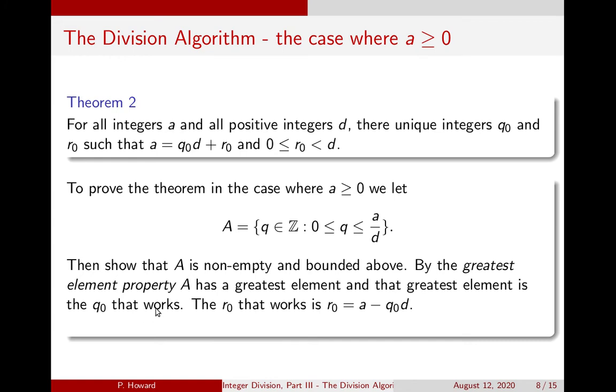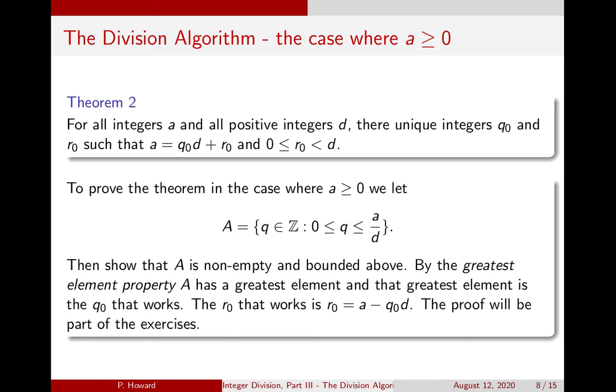And then to find R0, we look at this equation that's part of the theorem. If we want this equation to be true, there's really only one choice for R0. R0 has to be A minus Q0 times D. So a few details left out, but that's an outline of the proof, and we'll look at it more fully